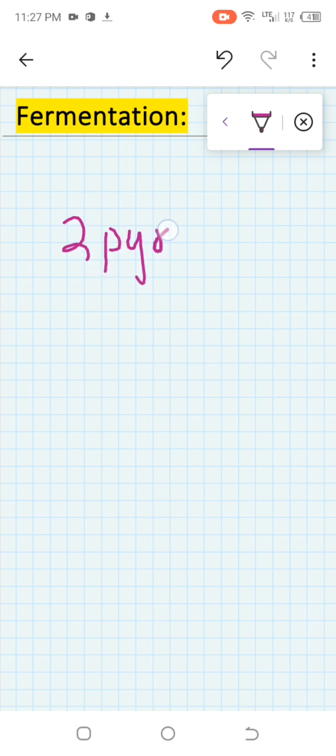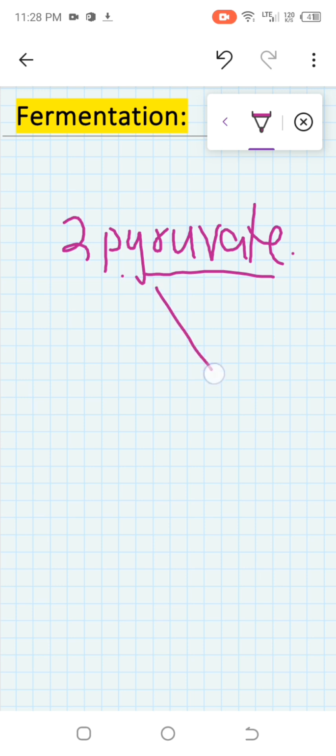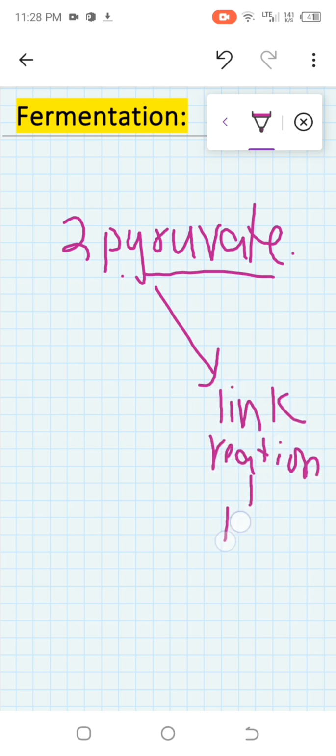Today in this video we're going to cover fermentation, starting from the 2 pyruvates, which were the end product of glycolysis. From these 2 pyruvates, if oxygen is available, they will go into the link reaction and then the Krebs cycle. But if oxygen is not available, they will go into